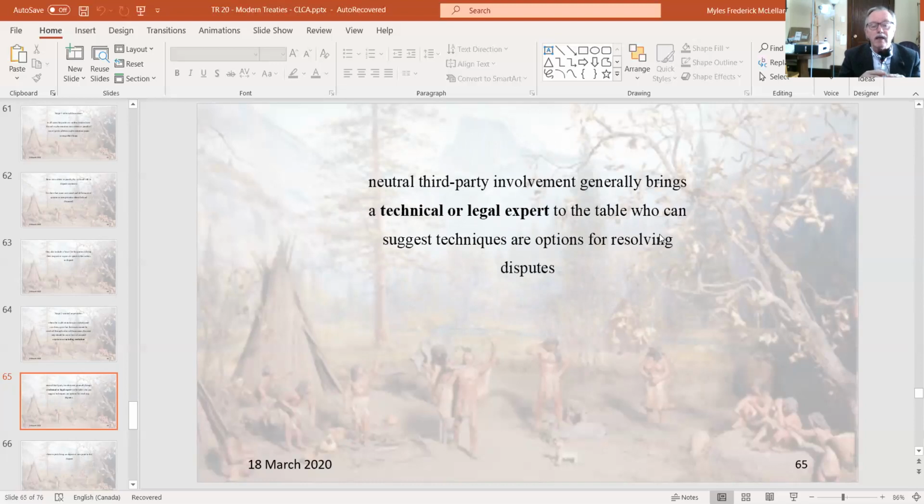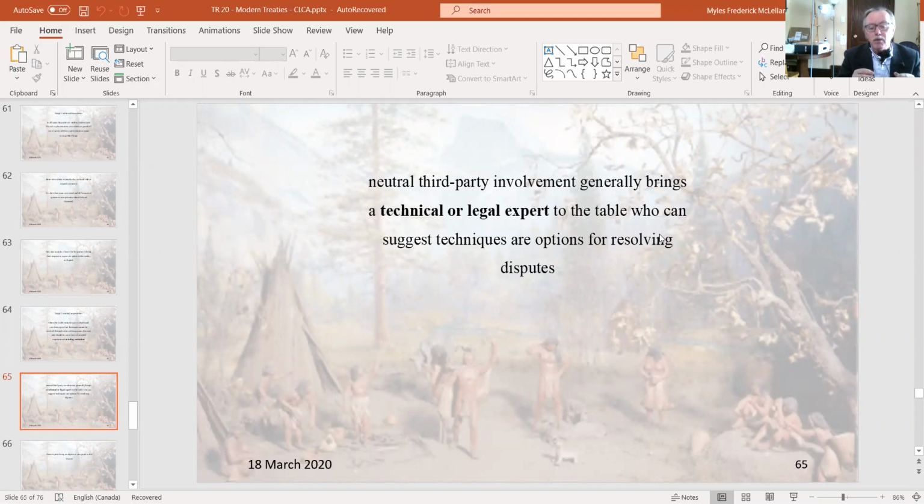The third party can be somebody who doesn't have any particular expertise with respect to treaty rights, but more likely than not, they do. So it's called a facilitated mediation, where somebody with some real expertise, who's likely done this before, or certainly has knowledge in the implementation of treaties and the issues revolving around treaties, can bring their own knowledge to the table when they try to assist the parties to come up with an agreement.